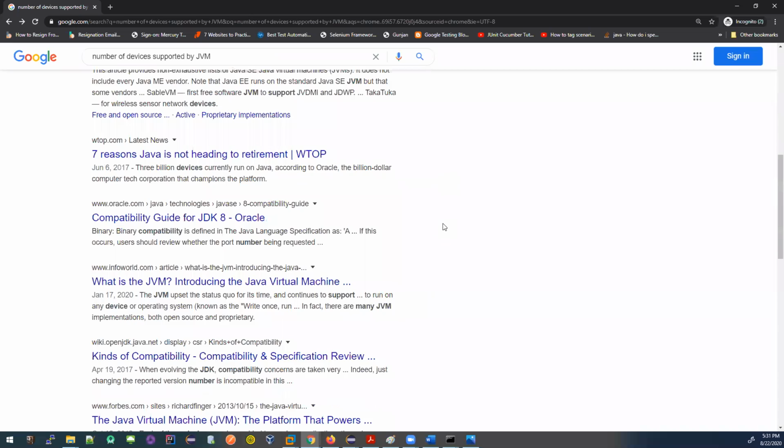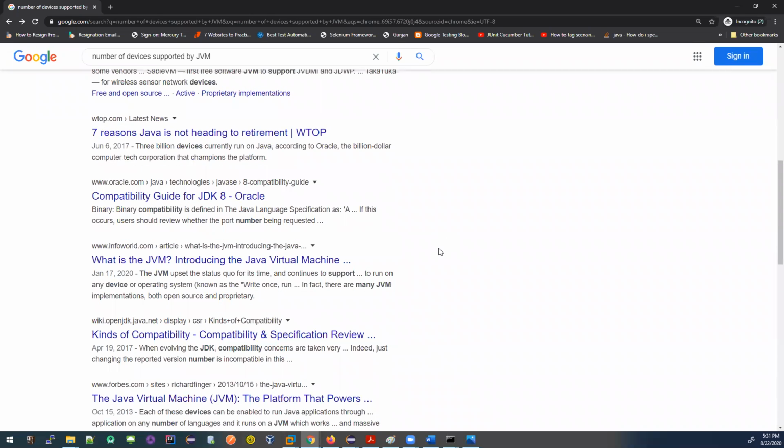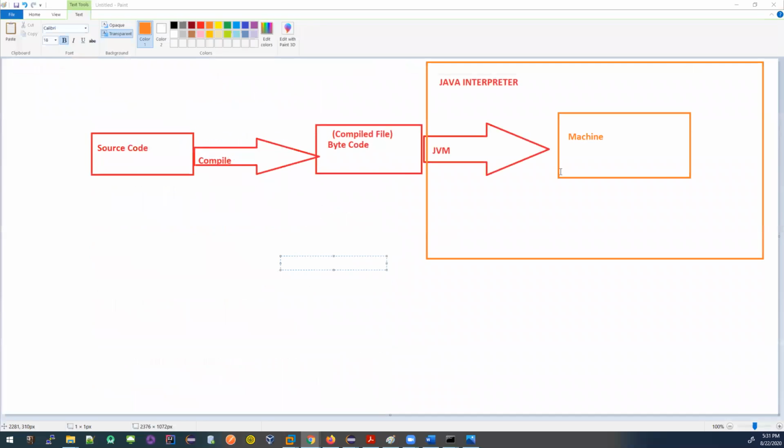Okay, so does anyone have any question up to this point, to understand the diagram that I explained? Because we need this concept to be clear. This is very simple.